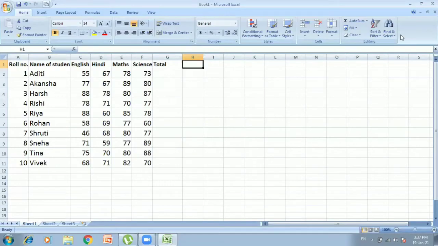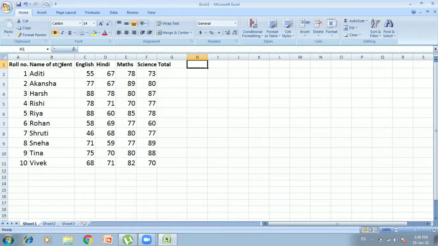So children, as I told, we will do the assignment given on page number 45 practically. Here you can see I have created a record or details of 10 students of any class. Here I have mentioned roll number, name of student, English, maths and science marks. Now, as the details are for marks, if we try to calculate the total using our hands, then it will be time consuming. But if we use spreadsheet to do the calculation part, then it will be easy for us.